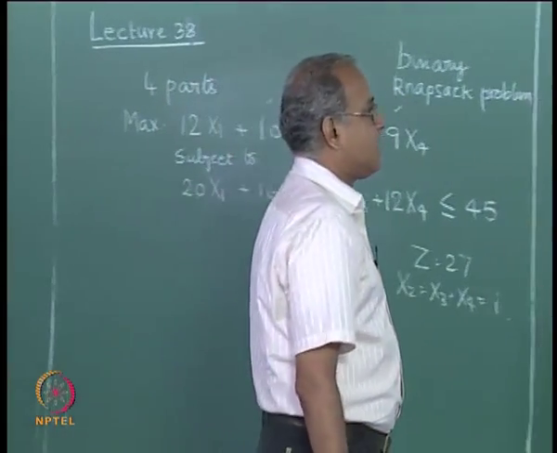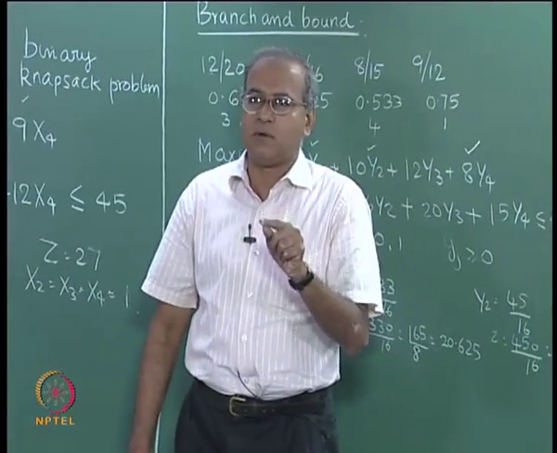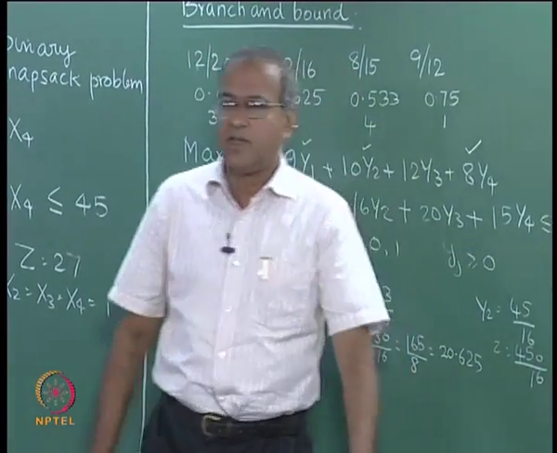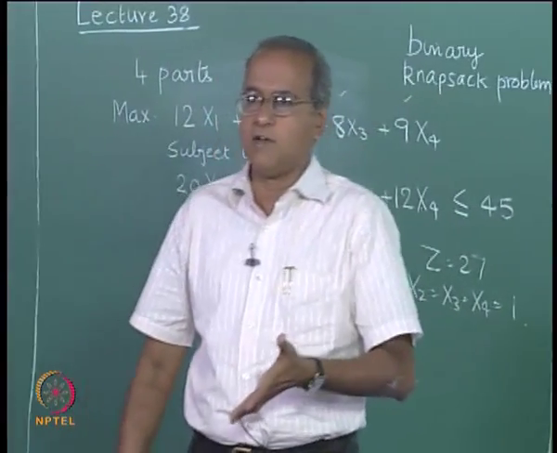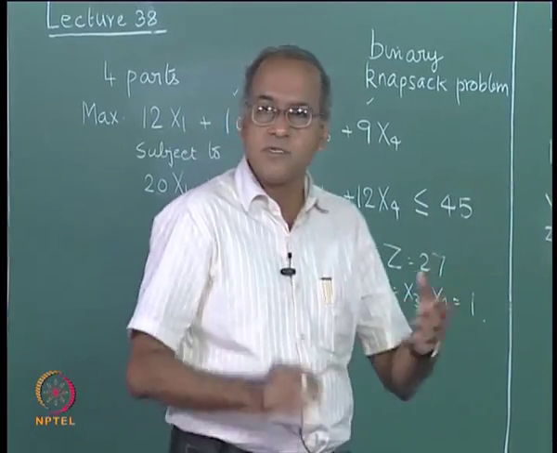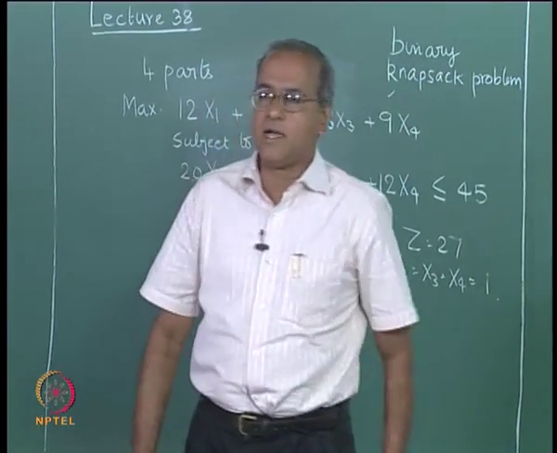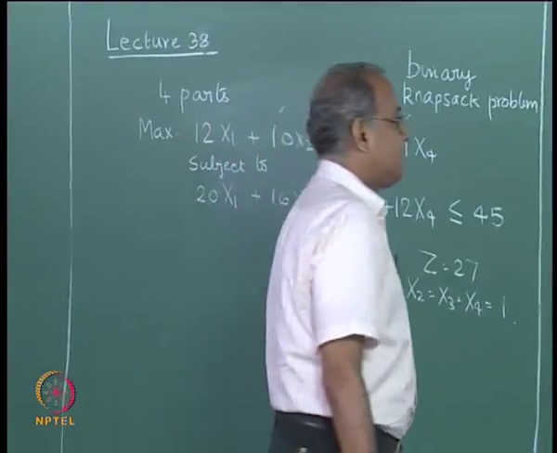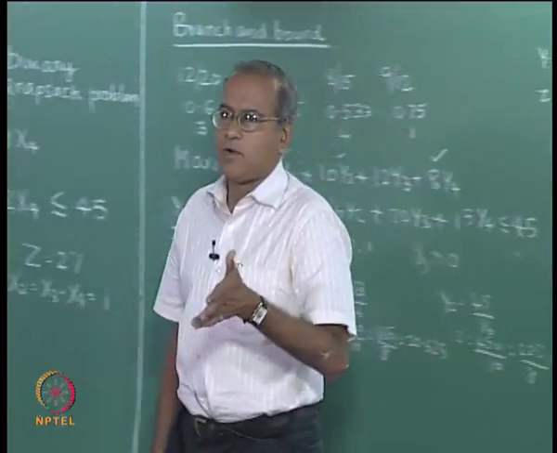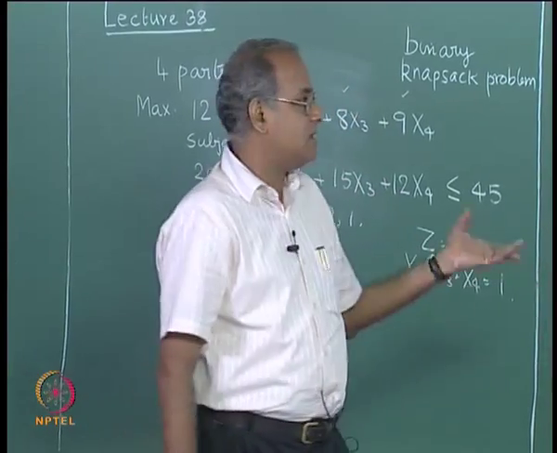Now, one of the reasons you look at a branch and bound is the time taken as such by a branch and bound could be a little less than the time taken to solve this using a solver, and in the event we do not have a solver, then we could use this branch and bound algorithm and solve it. Branch and bound algorithm uses principles of lower bound, upper bound, relationship between linear programming and binary IP and so on. So, branch and bound also gives us the optimum solution, and branch and bound to solve knapsack problems are extremely popular, and one can easily write a branch and bound code to solve this.